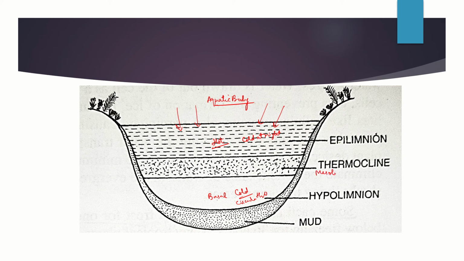In this diagram you need to make a correction. This layer is mesolimnion and its central part, you can make it dotted or a proper line. It's a central middle portion of mesolimnion that is called thermocline. What is this area? This is the part where maximum temperature change is observed. It is present in the center of mesolimnion. So the middle region of mesolimnion where maximum change in temperature is observed, that is called thermocline. And the base, the floor, you all know that is all made up of mud.